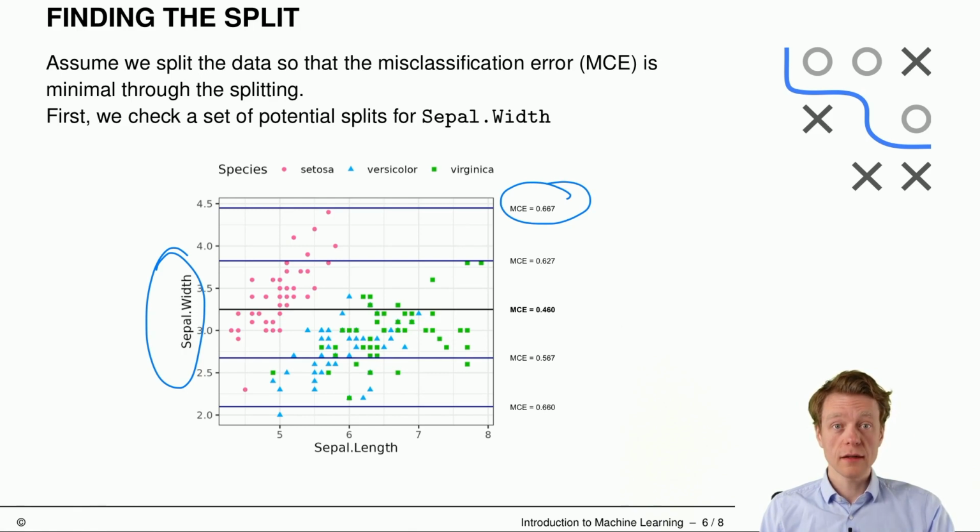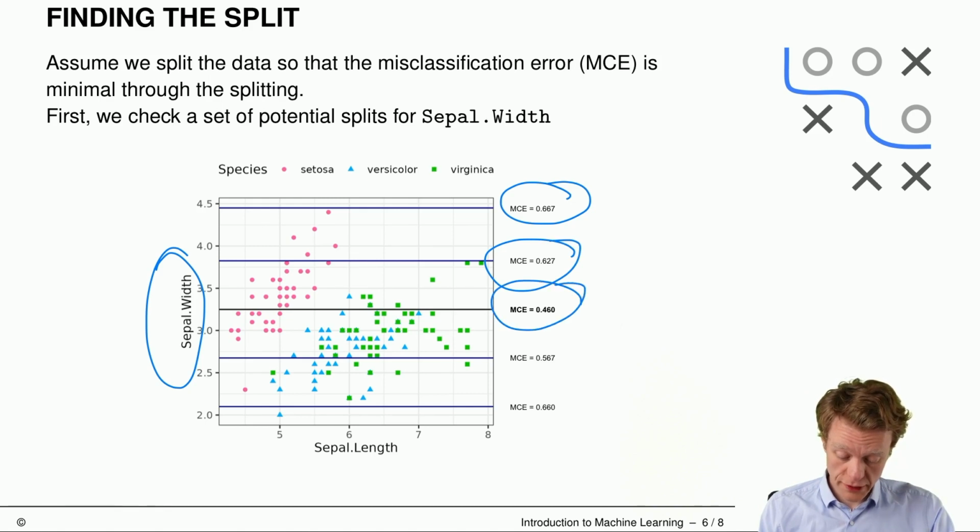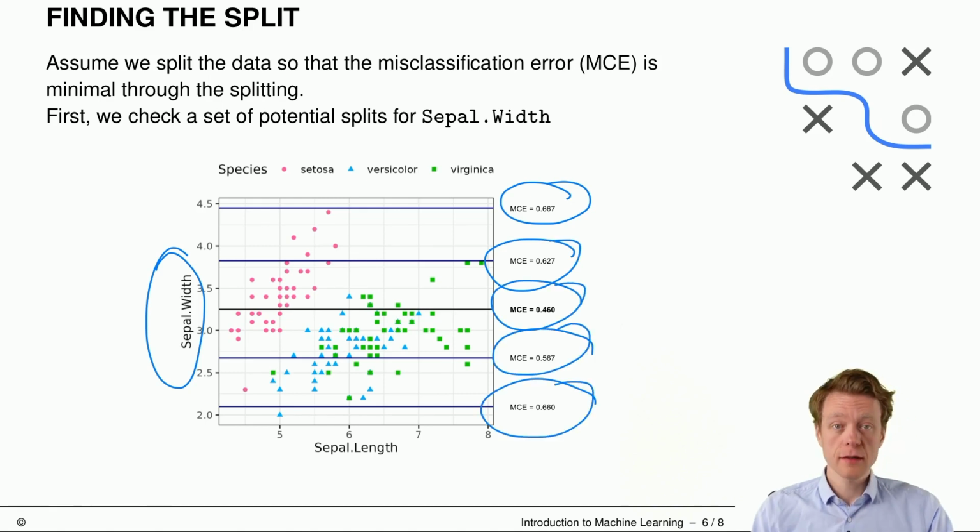And then we can look at the misclassification error in the data. It's just computing how many observations are classified correctly and how many are falsely classified, and then we just take the ratio of misclassified points here. And then we can compute for each split point the MCE, the misclassification error, and see, okay, given that we split